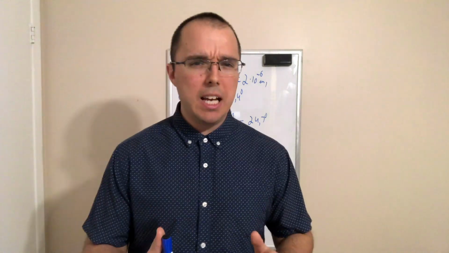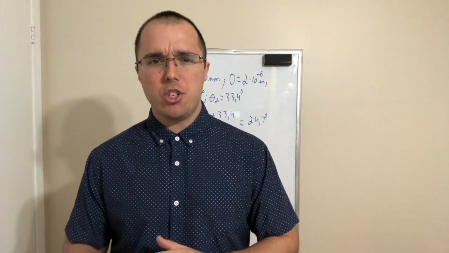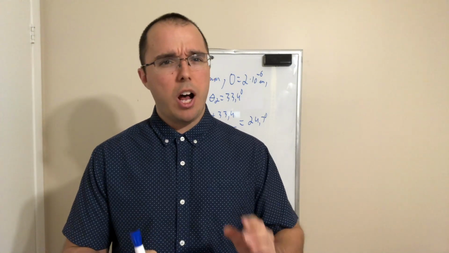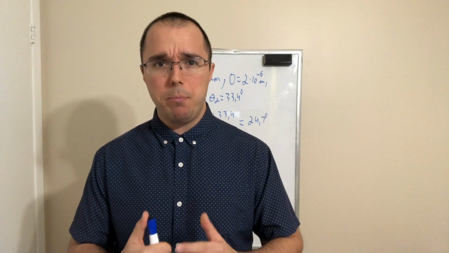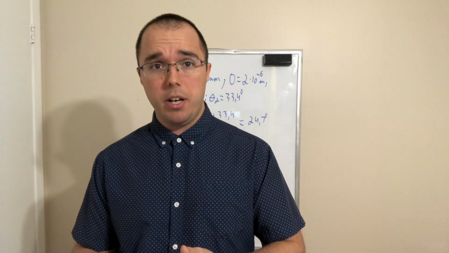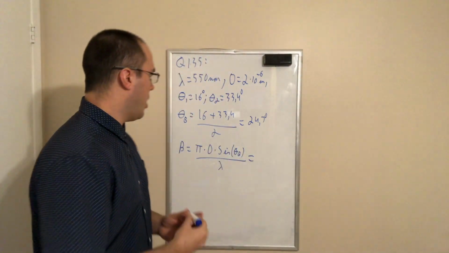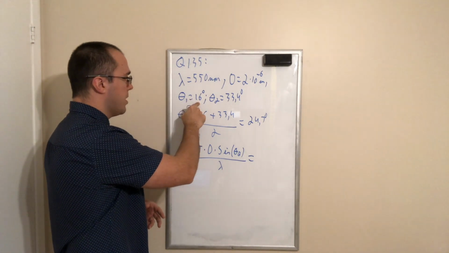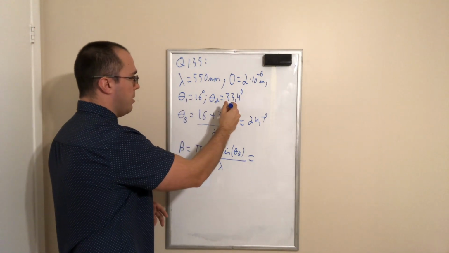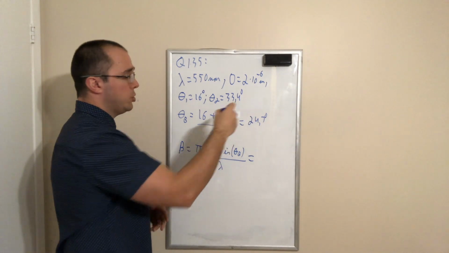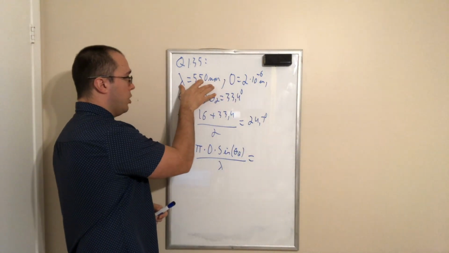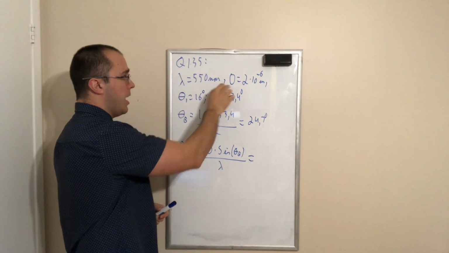Now, because we did this type of calculation in section 7.1, I'm not going to do it here. I'm only going to solve part B, but we need the answer from part A in order to solve part B. So I wrote them down here. The angle of the first minimum is 16 degrees. The angle of the second minimum is 33.4 degrees. I also wrote in the two other relevant pieces of information, which is lambda, 550 nanometer, and the width, which